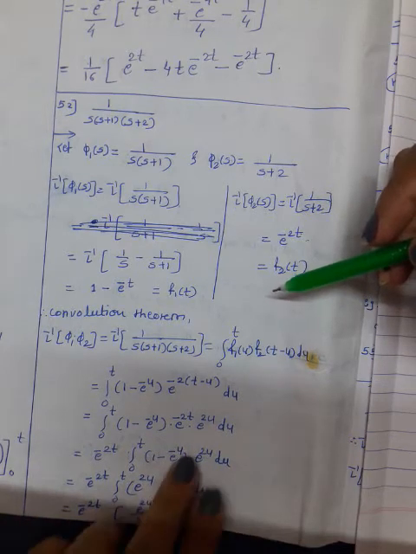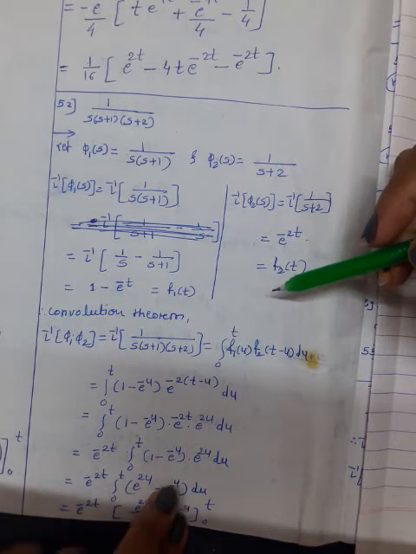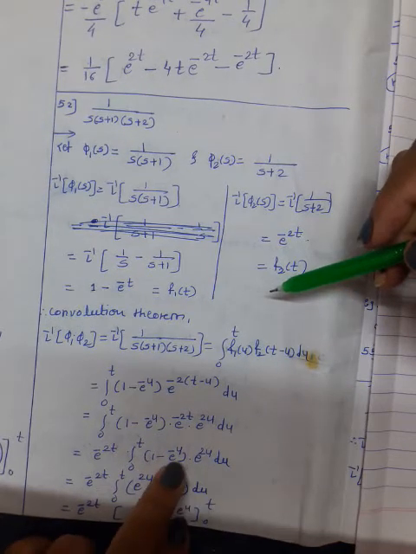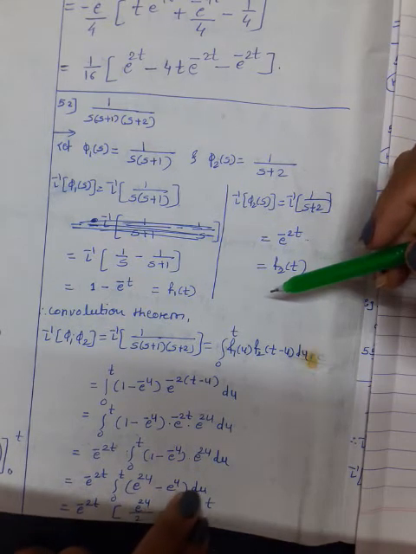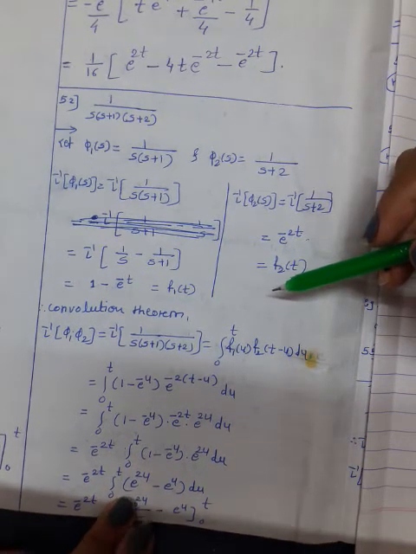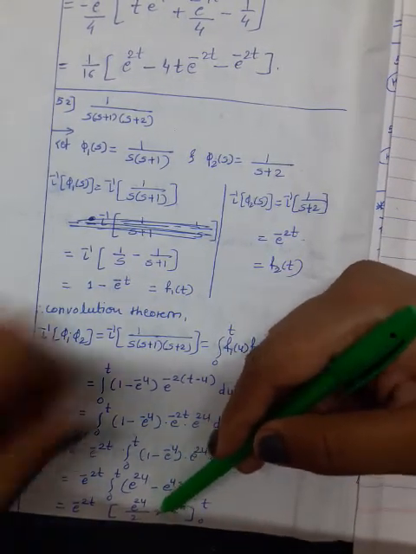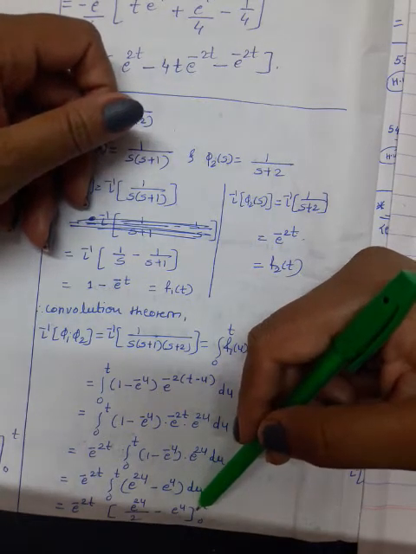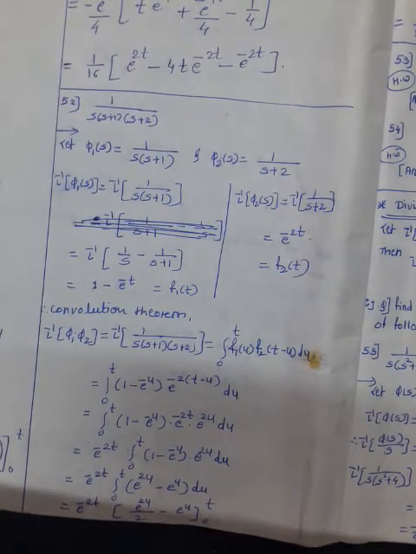Okay, now take e raised to 2u inside the bracket, we get e raised to 2u minus e raised to 2u into e raised to minus u becomes e raised to plus u. Okay, the base is same, indices get added, we get 2u minus u becomes u, du. Now integration with respect to u: e raised to 2u integrates to e raised to 2u upon 2, rest of the terms as it is, e raised to u integrates to e raised to u. Okay, now we have to put the limits. Upper limit is t, we have to put u